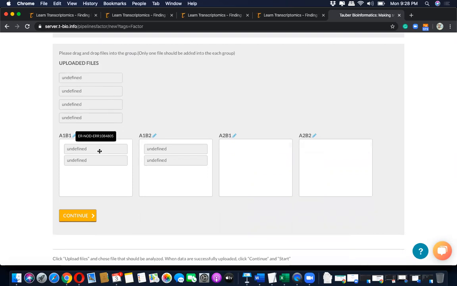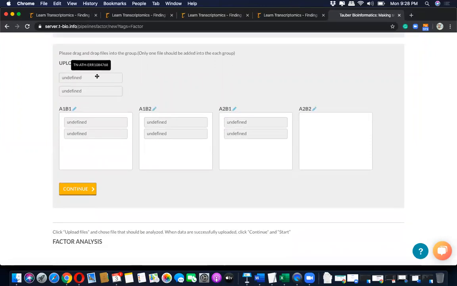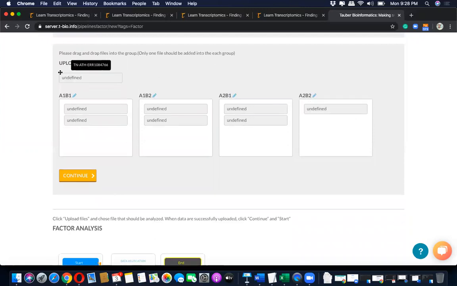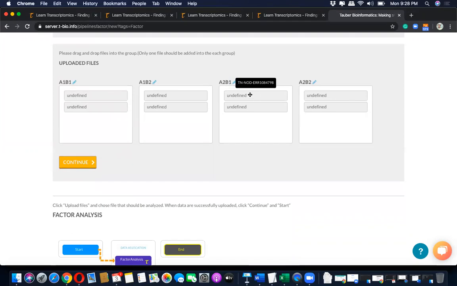So both the ER are here from two different mouse, same cancer. These are two different mouse with same cancer. Triple negative, ER triple negative. Okay, two different mouse. ER, ER, different mouse. Okay,